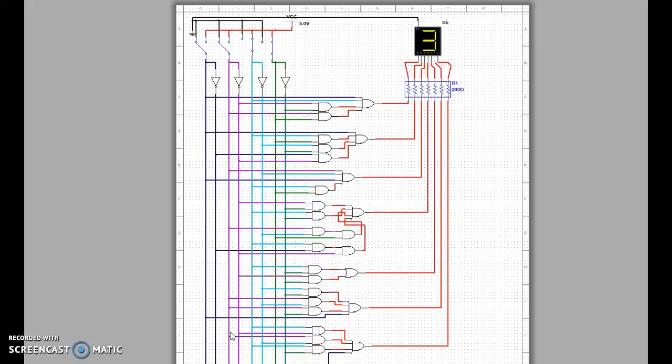where A is on, B is on, C is on, D is on, E is off, F is off, and G is on. Then to create a 4, it is 0, 1, 0, 0,